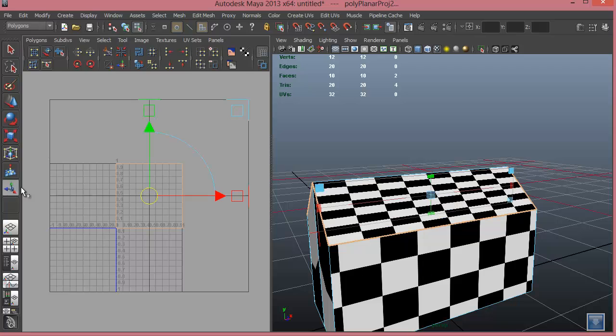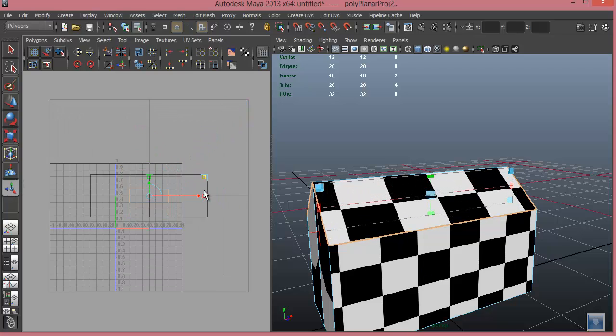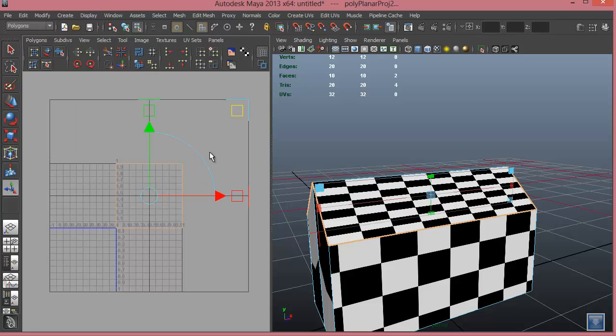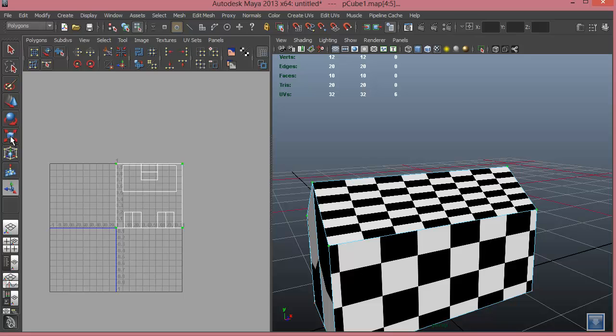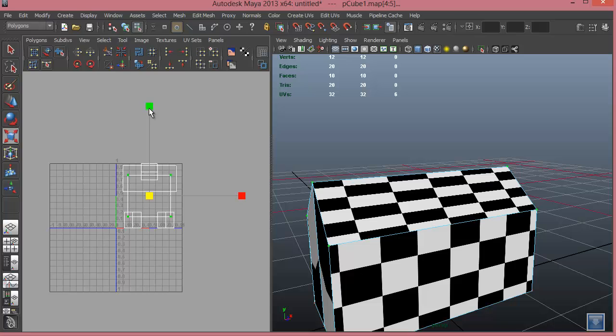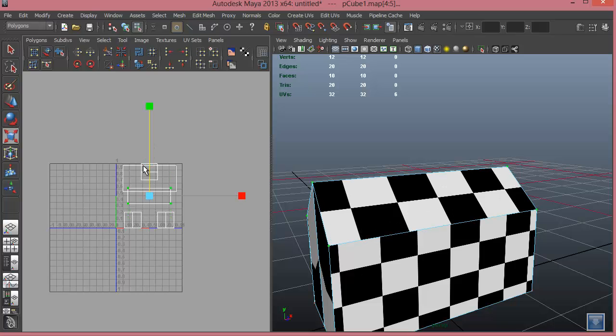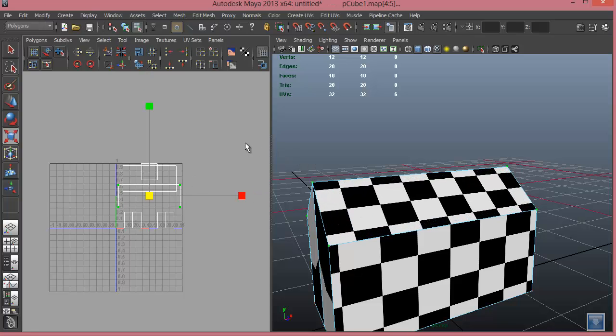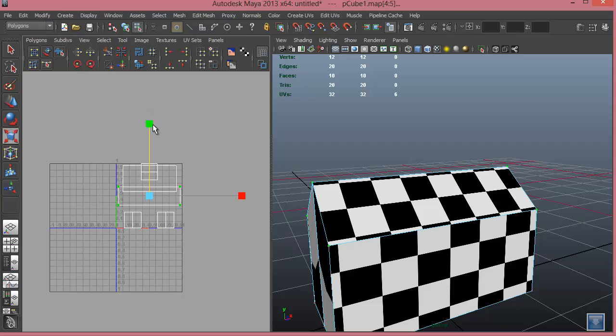I'll have to choose the other tool. I'll have to scale it here. Or I can also go to UV, select all these UVs, and then scale them here. I'll just pull it like that to try to get a perfect square. I'll make it a bit bigger so that we can see all these squares. I think I'll have to pull it a bit more. No, push it here. I think that looks like a perfect square,